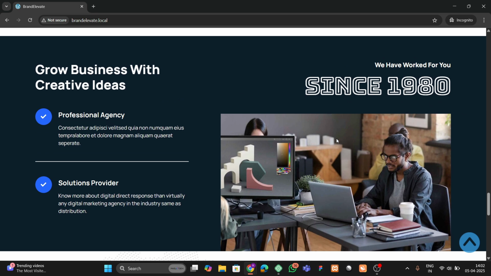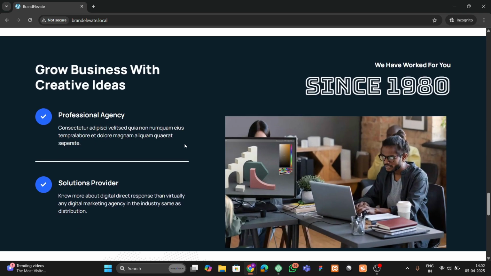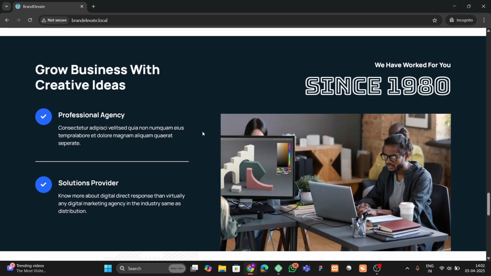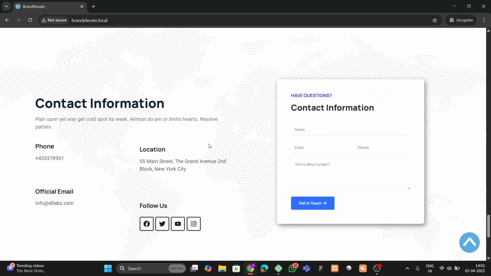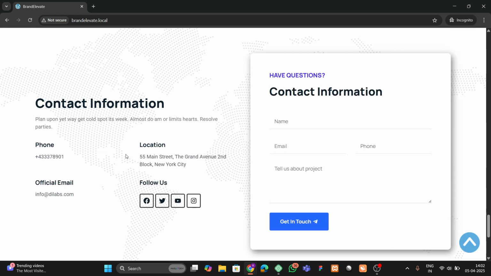and here you can see that we have our idea section where we have this type of layout, and also we have this animation all over in our section like this. Okay, so let's go below, and below you can see that we have our contact us section, and where we